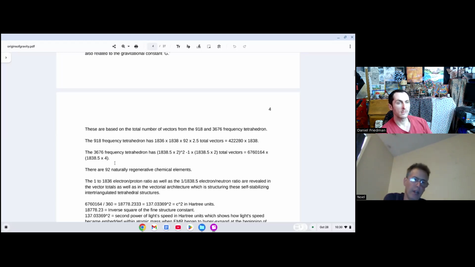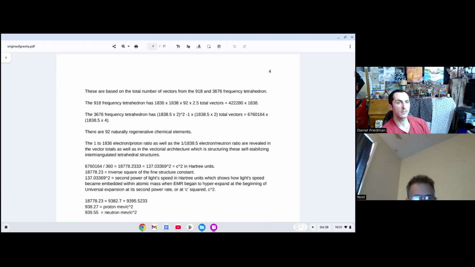Remember, this is all pre-time, pre-size. So once time, momentum, and energy start entering the picture, in my mind, I see how the vibrations of all this heat and momentum in real life aberrate these numbers slightly. Like, for instance, 1838.5 is not the 1 to 1838.683 ratio of the neutron, but it's really close. And so when we see these ratios, 1 to 1838.5 compared to 1 to 1838.683, the minuscule difference leads me to think that this really is worth looking at.